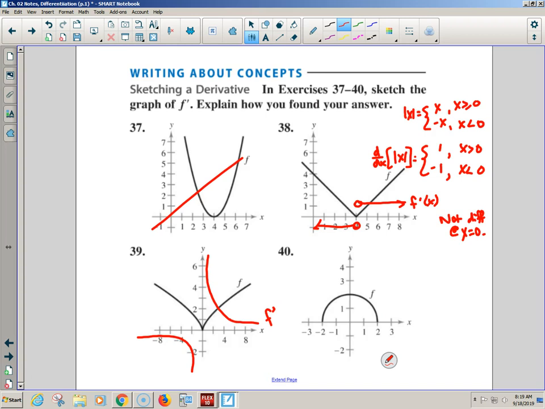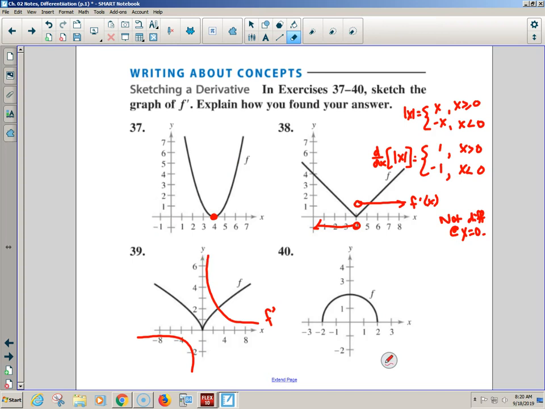Because what do I know about the slope at 4? If the up and down slope is infinity, this slope is 0. So the derivative had to be at 1 when it equaled 1, or at negative 1 when it equaled negative 1. It had to be going to infinity when it was getting steeper, or going to 0 when it was leveled off. Why do I know the derivative has to hit right here? What's the y value on the x-axis? 0. And what's the slope at 4? So I knew it had to be there.